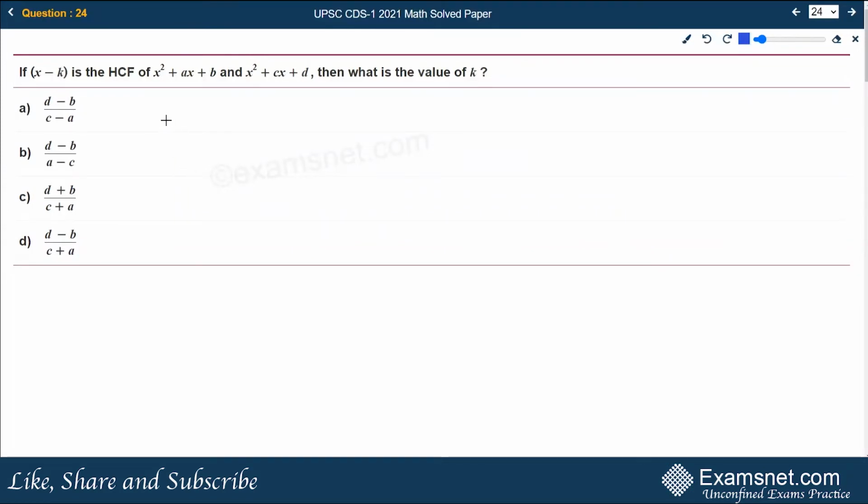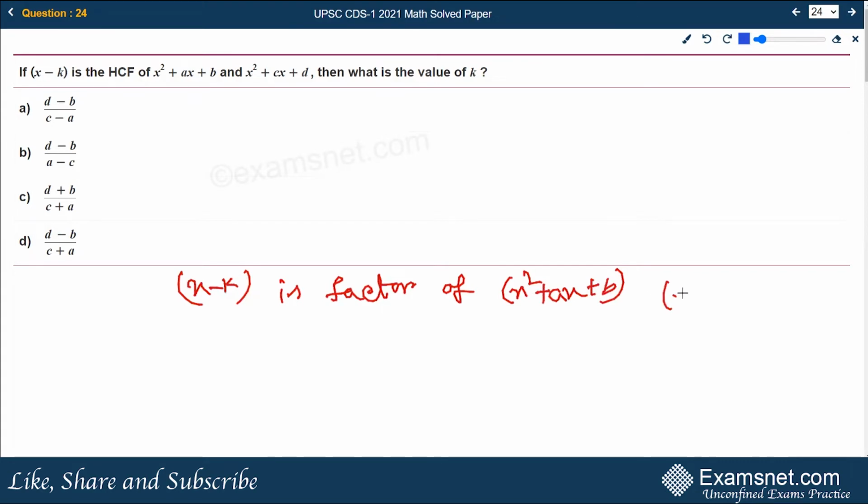In question number 24, we are given: if x minus k is the HCF of x square plus ax plus b and x square plus cx plus d, then what is the value of k? Since x minus k is the HCF, the highest common factor, of x square plus ax plus b and x square plus cx plus d, that means x minus k is a factor of these two